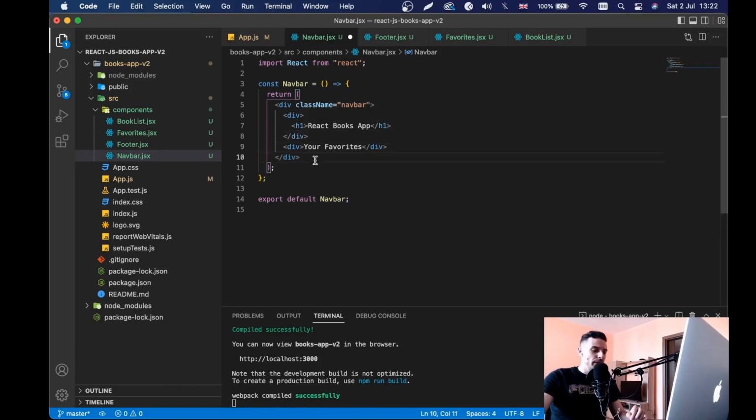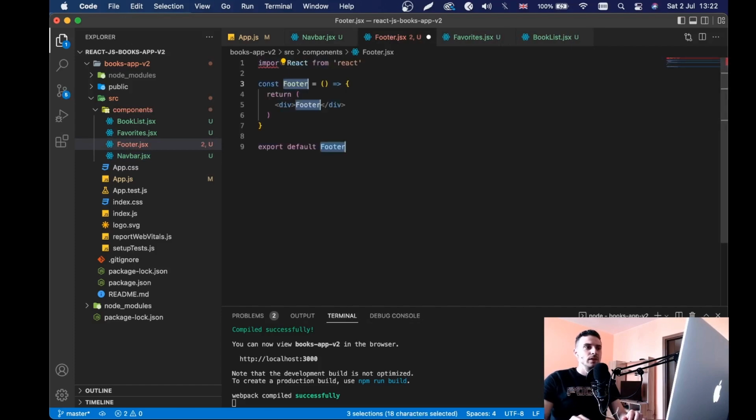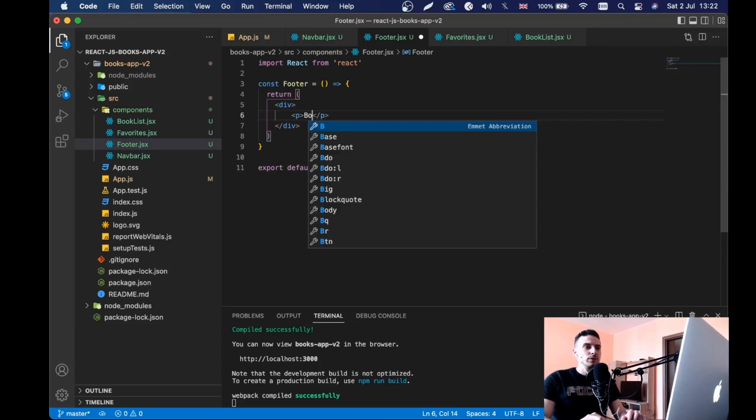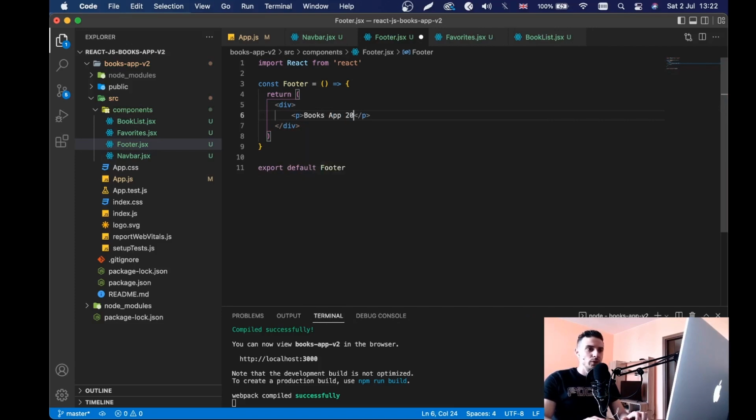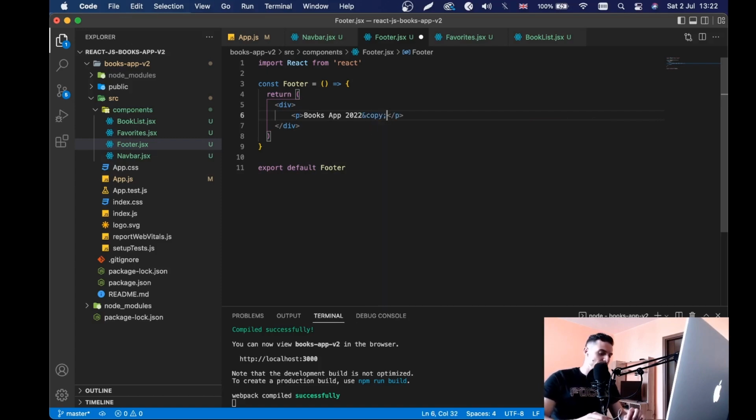With that, our navbar is created. And let's go to the footer, and the footer will be similar. So I'm going to say rfca. And this will be a div, and here inside this div we will have a paragraph. So, and that will be books app 2020-22 ampersand copy, just as a normal website right here. And we will give this div class name of footer, just like that. Okay,